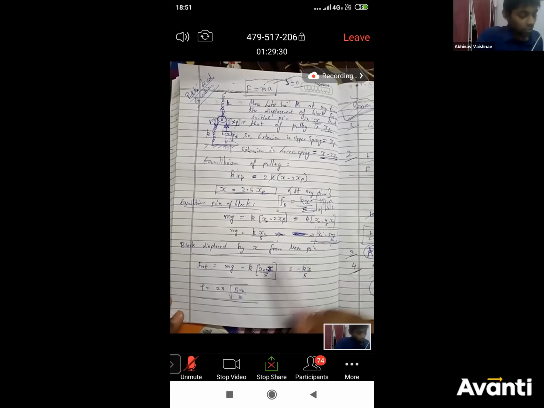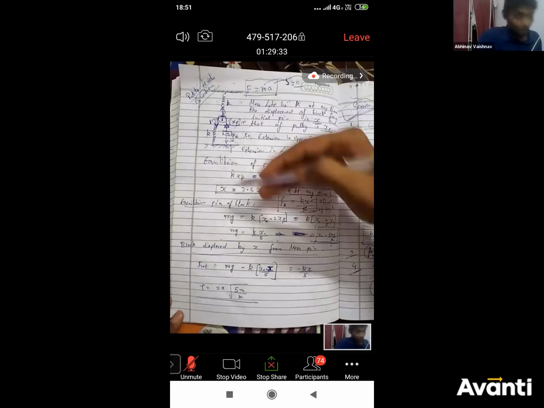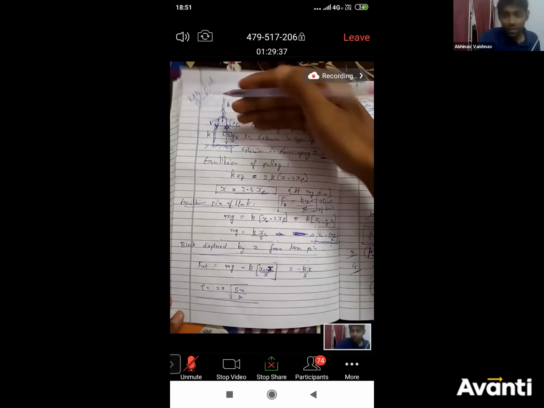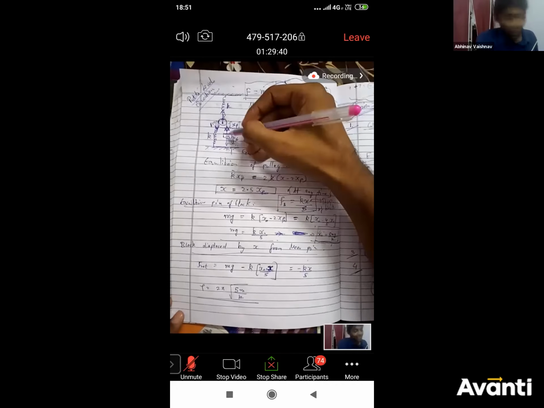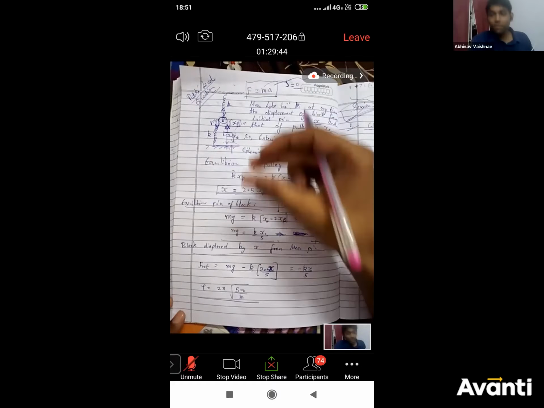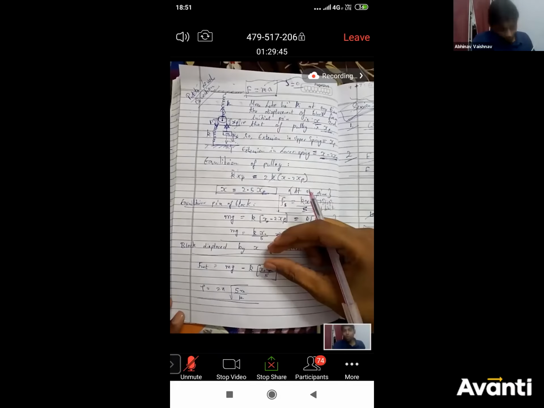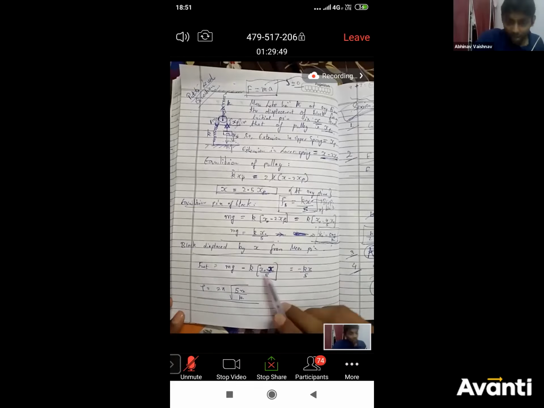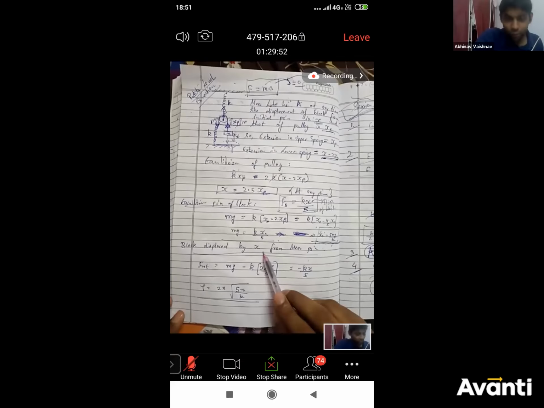What is the total displacement of block? X naught, the equilibrium extension, plus the extra, right? X naught तो equilibrium तक ही था, right? Let's say x naught was 5 meters, तो 5 meters तो equilibrium तक ही extended है, right? उसके बाद 1 meter और extend कर रहा है, तो total कितना 6 meter नीचे चला गया ना वो, right? So x naught plus x, where x is what we have from the mean position, right? So x naught plus x by 5.